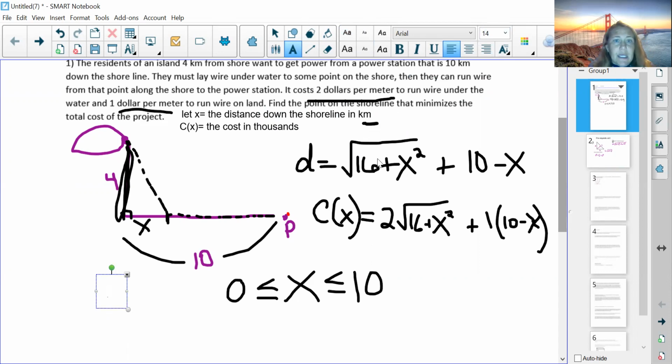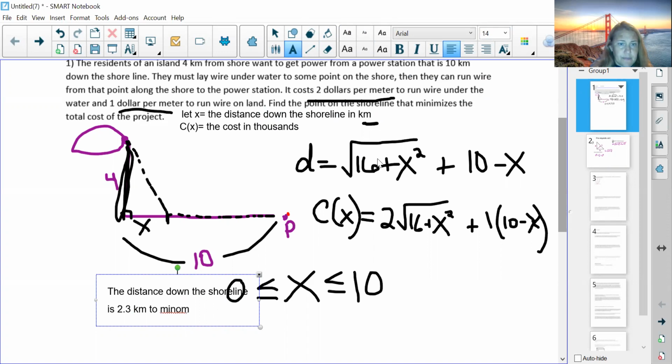So I need the distance down the shoreline is 2.3 kilometers to minimize the cost of the project